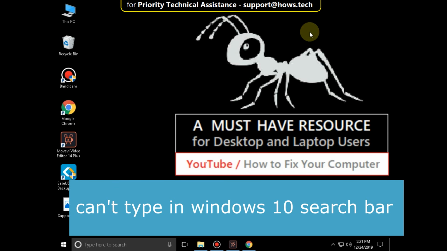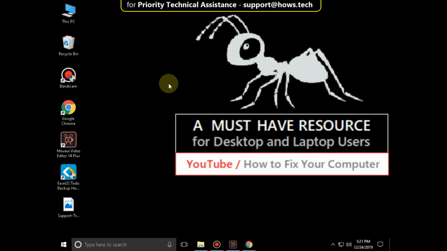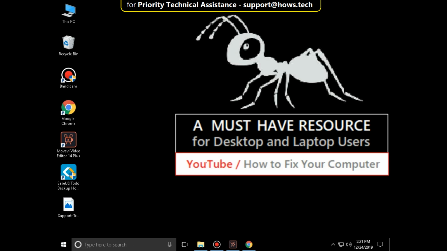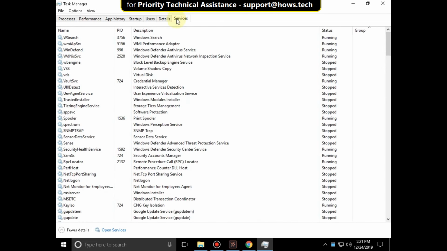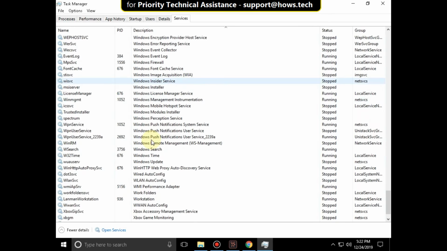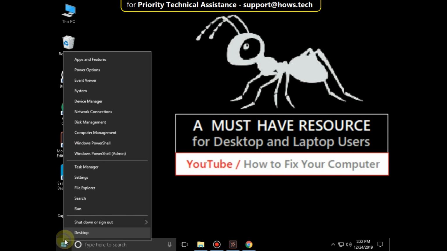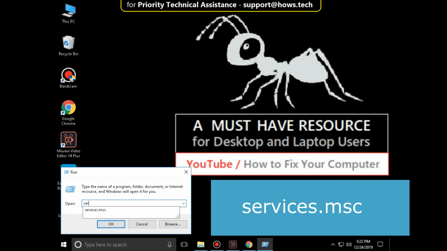It is just a two-step process to fix the "can't type in search bar" problem in Windows 10. Right click on Start icon, then select Task Manager, select Services tab, scroll down and right click on Windows Search and click on Restart. Close this window, right click on Start icon, select Run, then type services.msc and click on